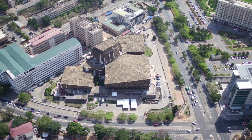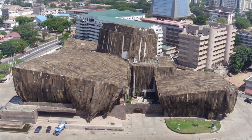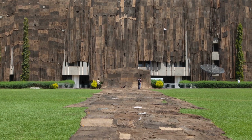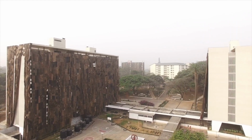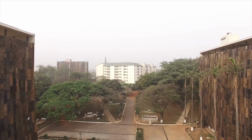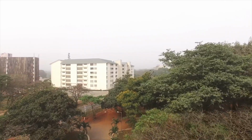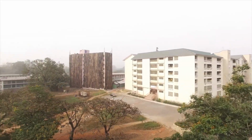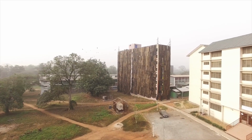KNUST was very important because I did a lot of my early experiments there, where I covered a lot of the halls and then the museum in 2013, one of the early projects. So it was important somehow to be able to have this field to work with, because art, traditionally, artists make artworks which are meant to be within museums or within hotel spaces or galleries, or within our own history within Ghana. But the training that I had in art school in Kumasi was very important towards opening and